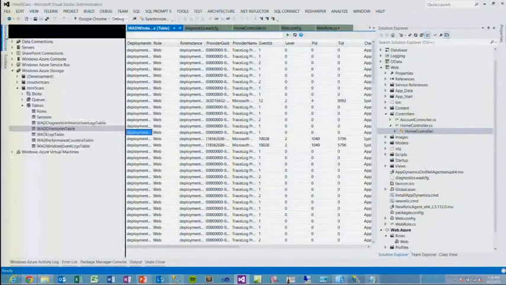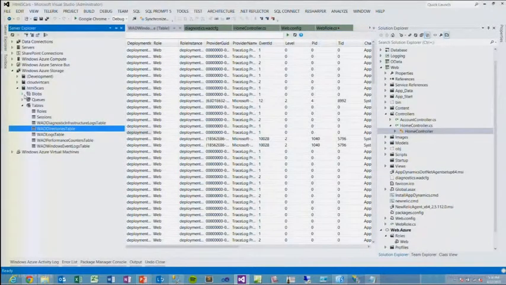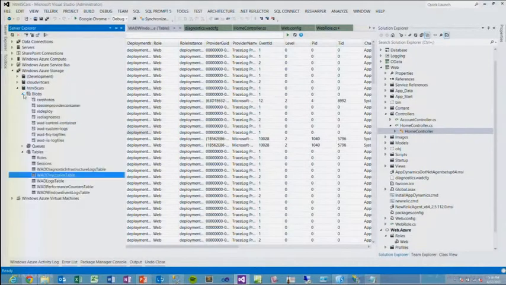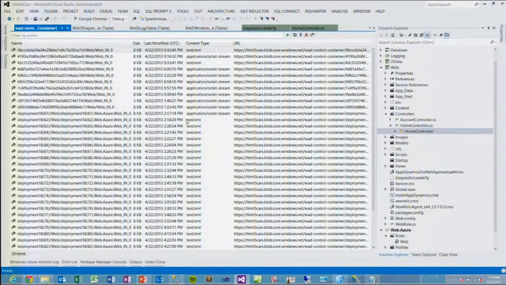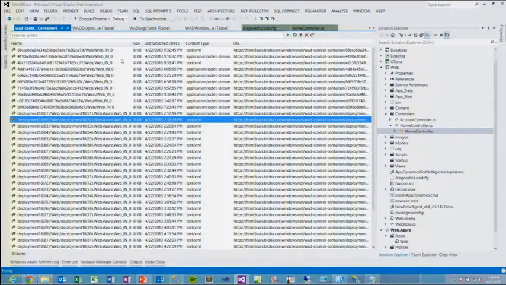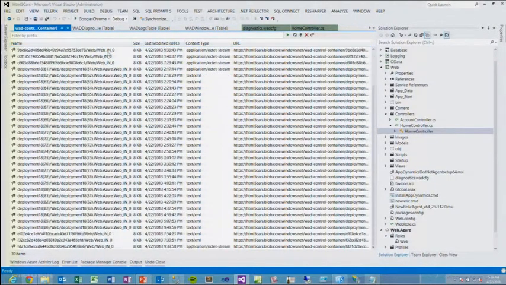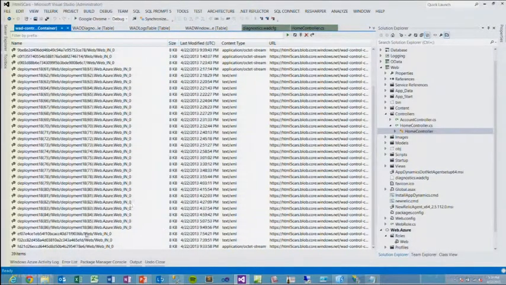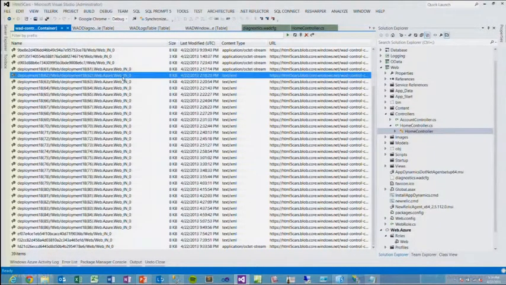If I go back to the Server Explorer and expand out blobs, you'll see a container that is Windows Azure Diagnostics WAD-control container. If I open that up, you will see some files in here. These are all a listing of files that have configuration for our diagnostics. So if I open up one of these,